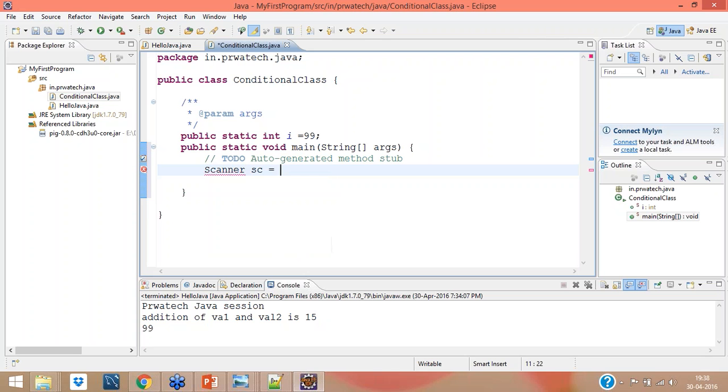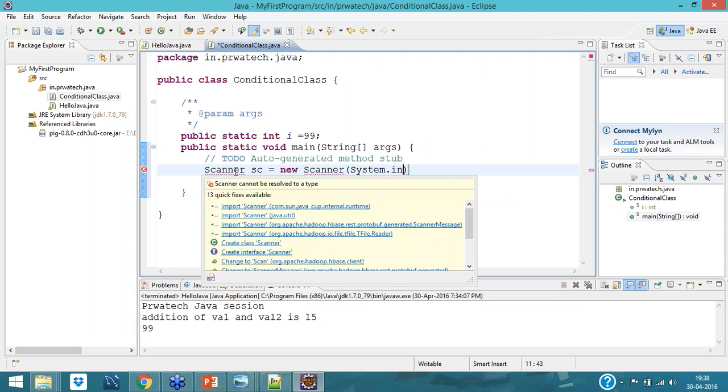Scanner sc equal to new Scanner. This is inbuilt, so we just have to use it. While you are working with Java, you have to know what things are available. I have written my things because I know them, but Eclipse will give you the options.